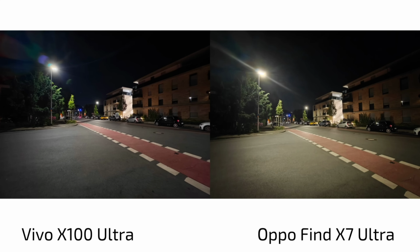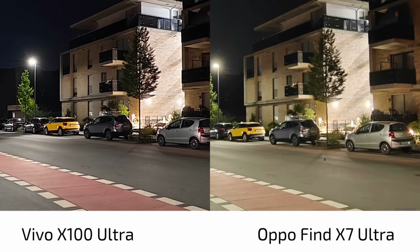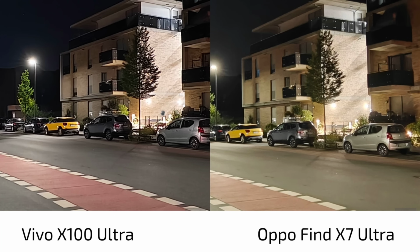Ultra wide angle here on both 40mm, and when we zoom in we can clearly see the different approaches in processing. The Vivo X100 Ultra decided to be very aggressive with the processing, so it looks like almost some cars are repainted there, noise free for sure, and the Oppo Find X7 Ultra keeps a little bit more of the realistic touch. It's a little bit blurry, it's not 100% sharp everywhere, and detail levels are not exaggerated, there's not too much sharpening applied, as you can see, but look at the tree, for example, it's a bit softer,